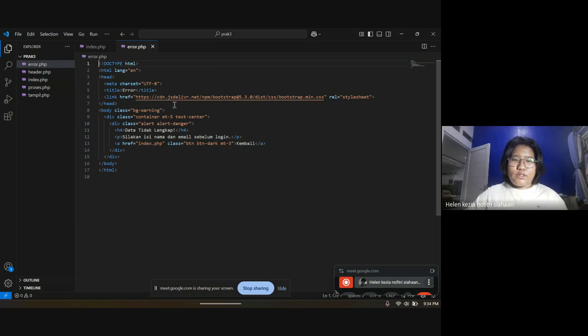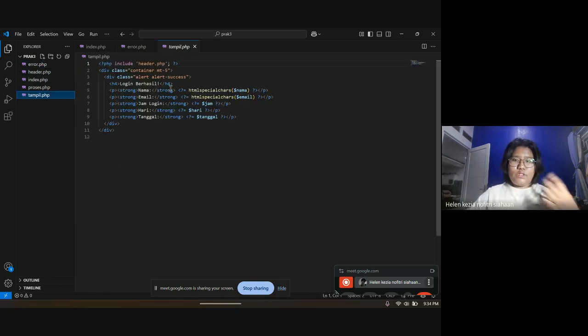The error page says the data tidak lengkap, or your data isn't complete. So you need to input your name and your email before you login, and there is a button that says you need to go back to the login page.